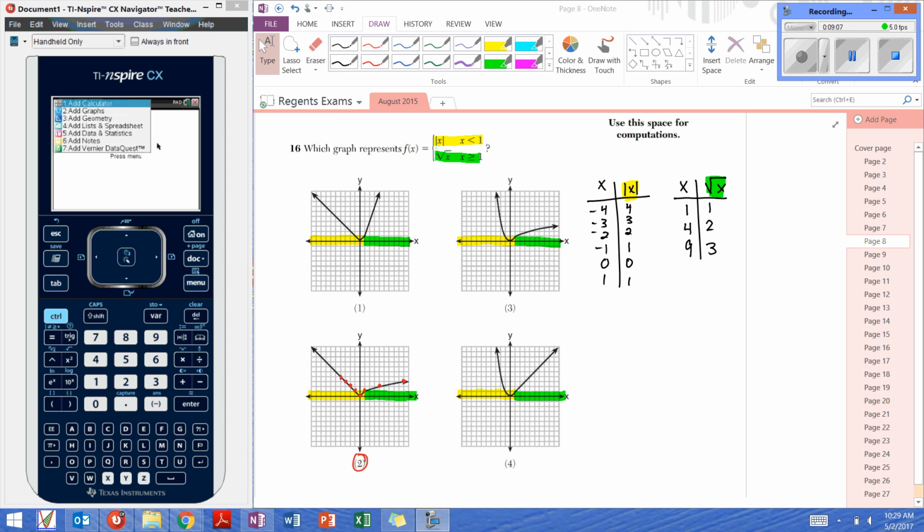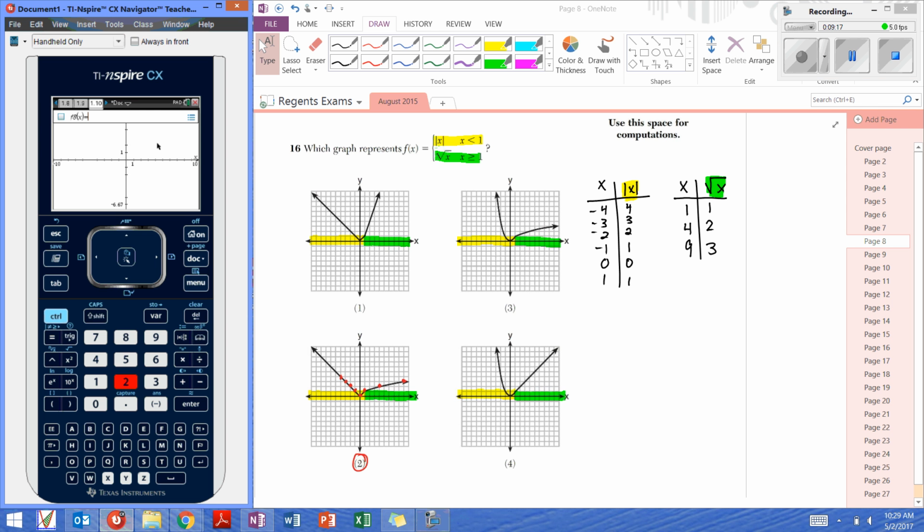With 16, you wanted to graph these, but I used my tables of values to help me. This is a piecewise function, so let's talk about how to graph it. You can graph them as 2 separate pieces. As you can see, I highlighted the domain because this is x smaller than 1 and this is x bigger than or equal to 1. So we have our absolute value function for x smaller than 1 and our square root function for x bigger than or equal to 1. But I think that using the calculator, you're going to use the key of everything, which is next to the 9, to get the